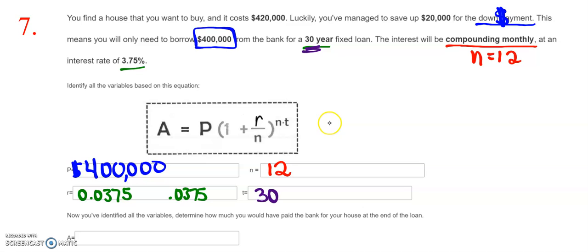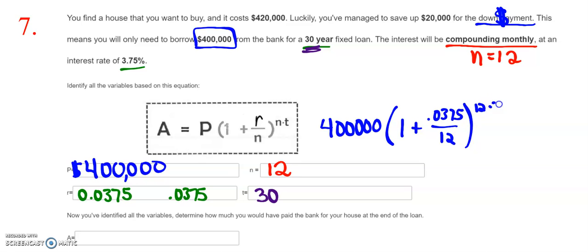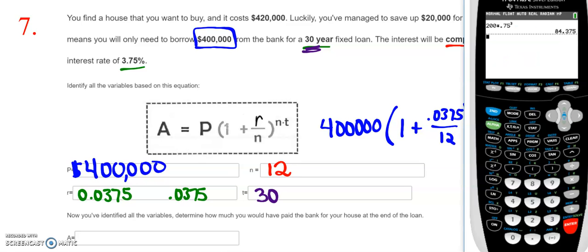So we're going to do this in our calculator. We're going to have 400,000, parentheses, 1 plus 0.0375 divided by 12, to the 12 times 30. Did I get all my zeros in there? Yep. Make sure if you need parentheses that you use parentheses for your 12 times 30. And we come up with